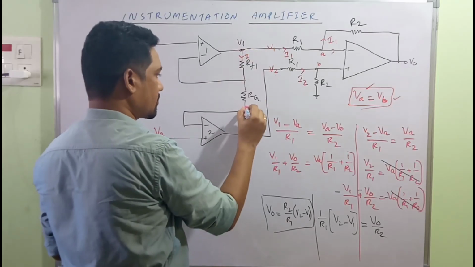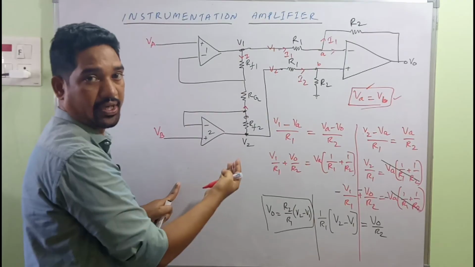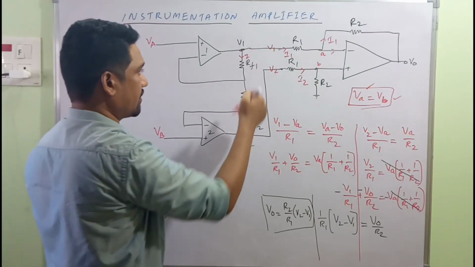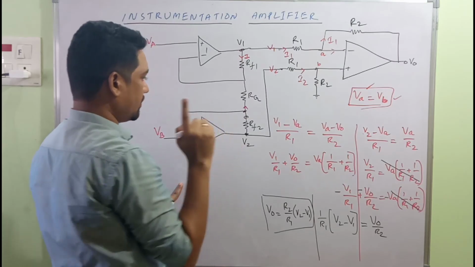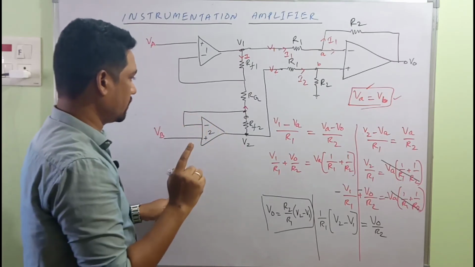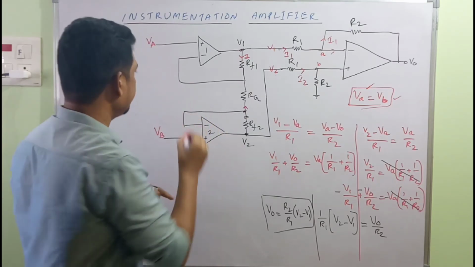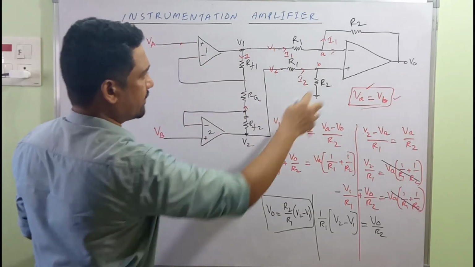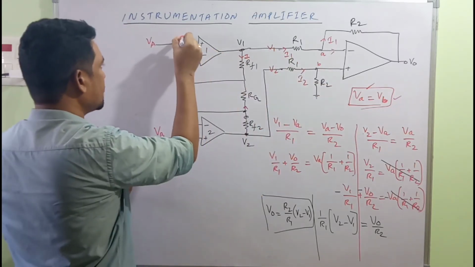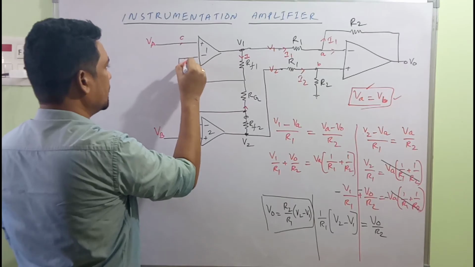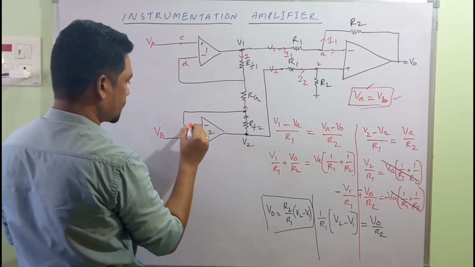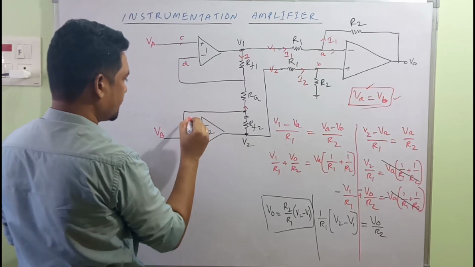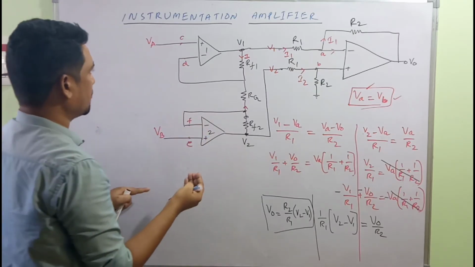In this direction also the analysis will be the same. You try with that one. Let me explain the flow of current in this direction. And one more point from the virtual ground concept. Here, let's say we have done with AB. So let this be C and let this be D, and let this be E, and this one being F. Guys, according to the virtual ground concept, what comes in over here?